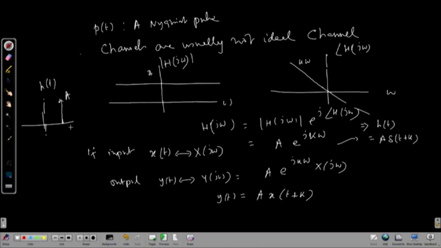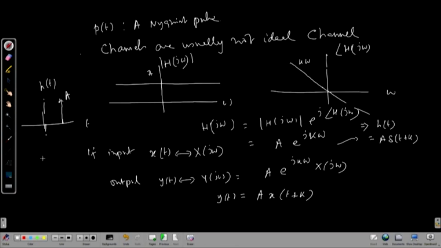It is an impulse, which is fine. K is negative, so that is why it is coming on this side, because this impulse is at t equal to minus k, but k is negative, meaning actually some plus value. All right, this is t. This is the ideal case,